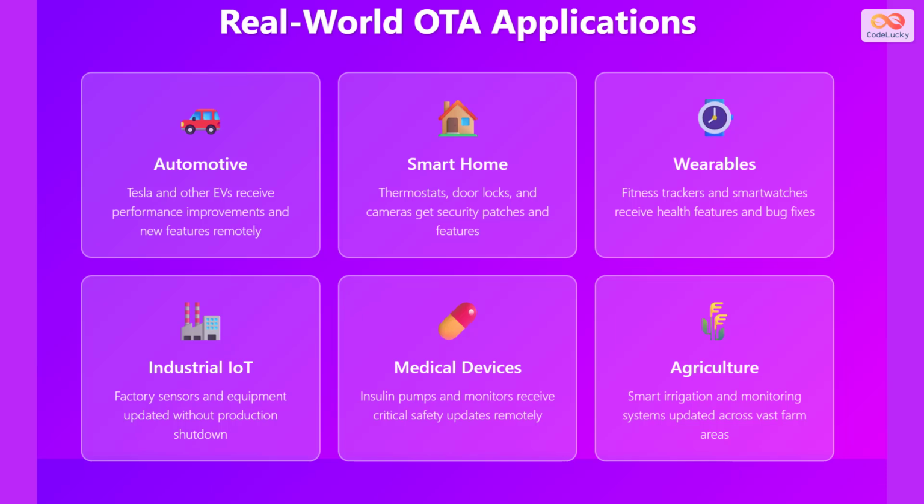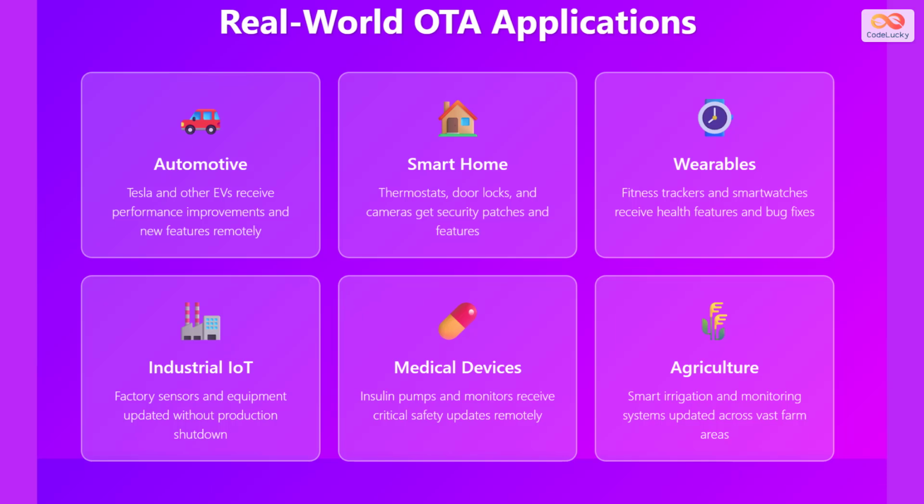In smart homes, devices like thermostats, door locks, security cameras, and lighting systems receive security patches and new features without technician visits. Wearables including fitness trackers and smartwatches regularly receive health monitoring features, user interface improvements, and bug fixes through OTA updates. Industrial IoT leverages OTA to update factory sensors, machinery, and equipment without shutting down production lines, saving enormous